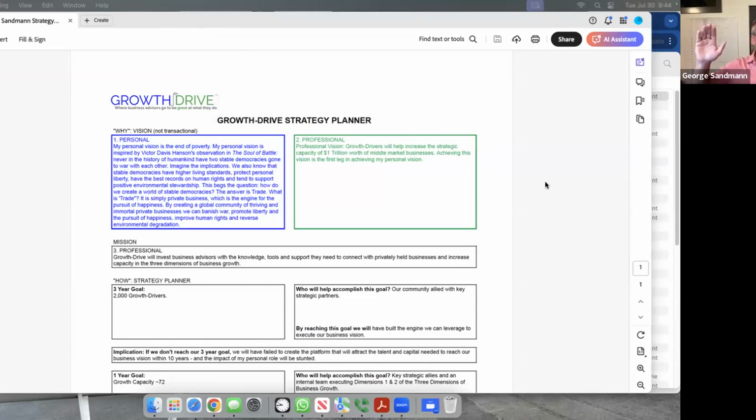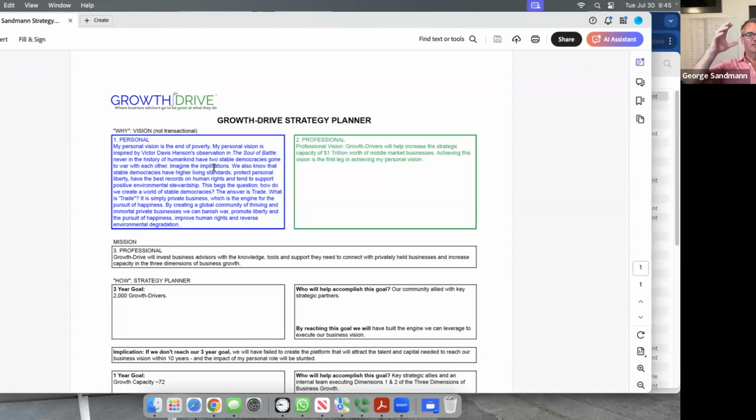Okay, show of hands, who has seen this document, the strategy planner? Okay, great. I have not seen this one. Awesome, Silvana. Well, it is in the community on Circle, and we're getting into why, right? What is your personal vision? Do you have one, or a personal mission? What we're trying to discover is the shareholder's strategic intent.